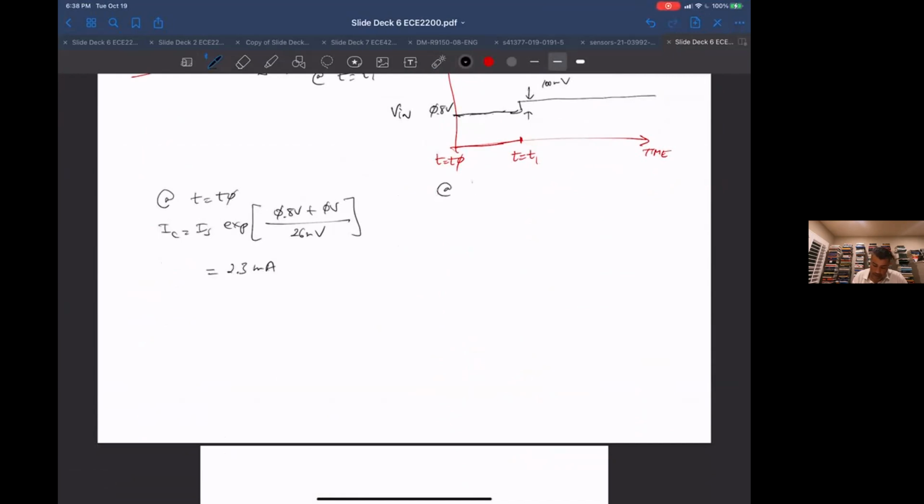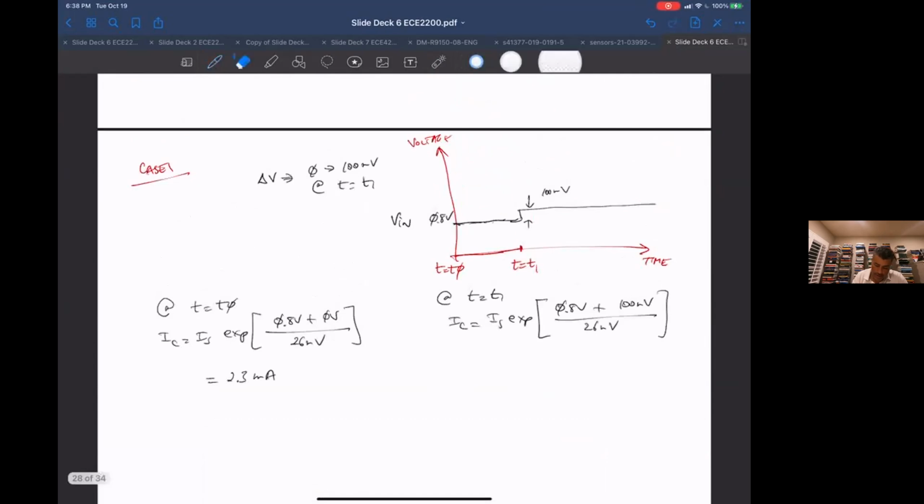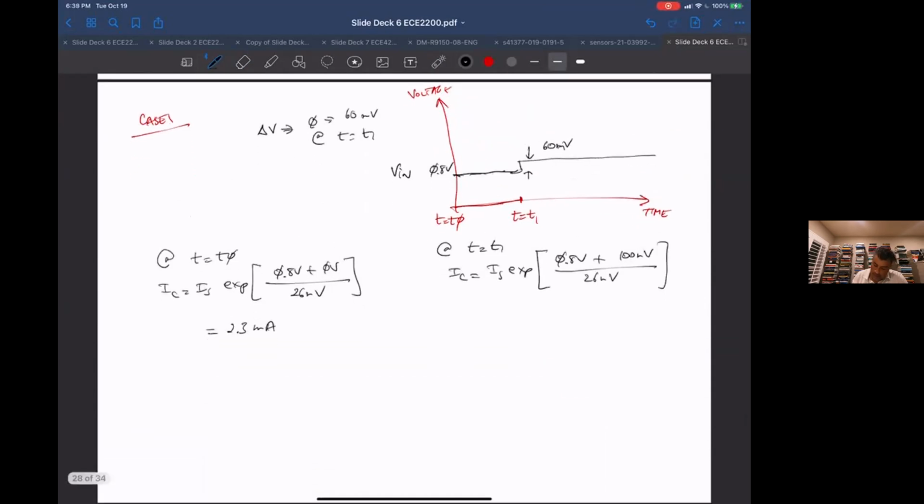And then at time t equal to t1, I_C is equal to I_S exponential of 0.8 volts plus 100 millivolts over 26 millivolts. Oop, I screwed up, guys. Sorry. I wanted to make this 60 millivolts, to make my math a little easier. So, plus